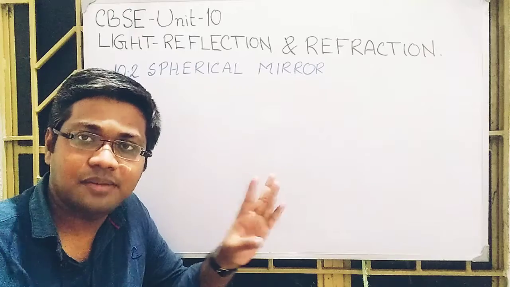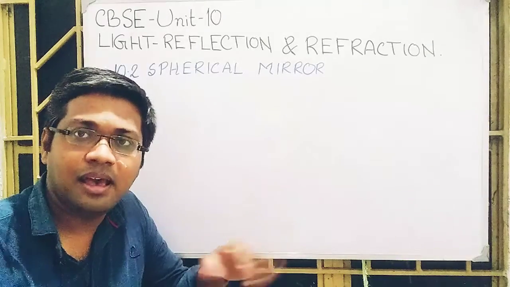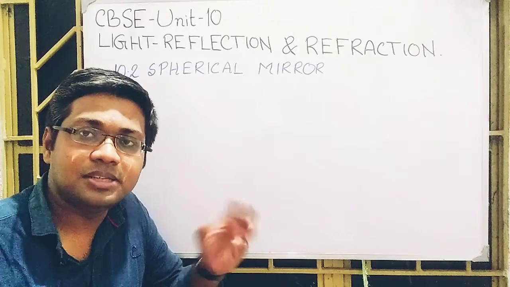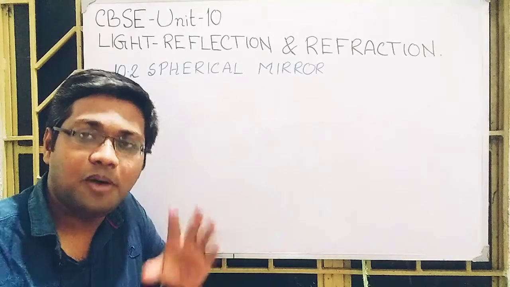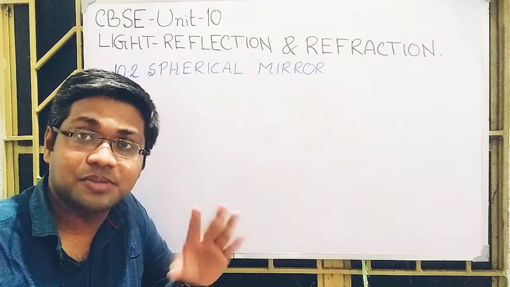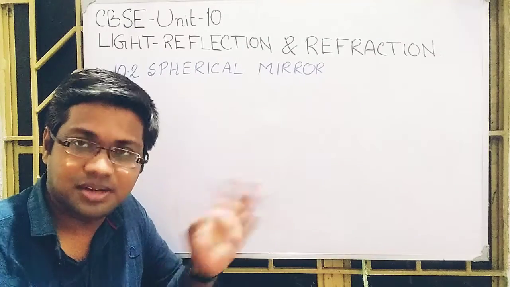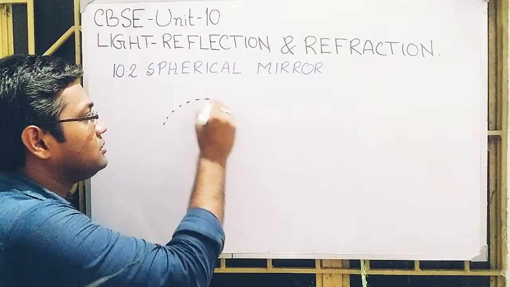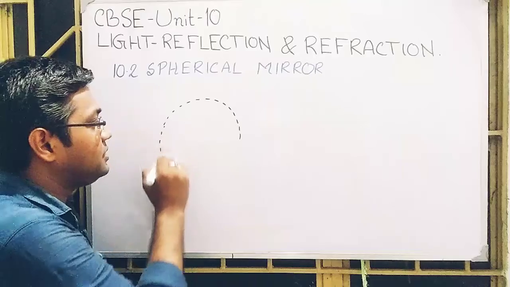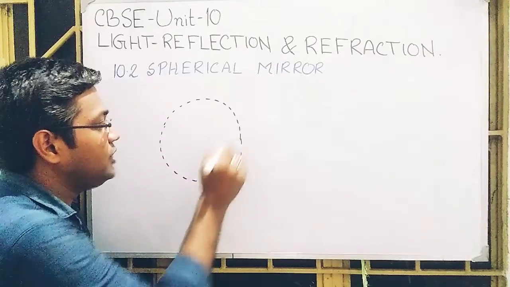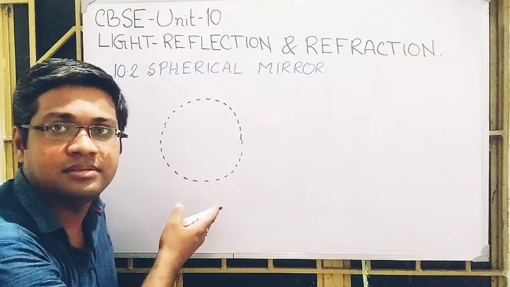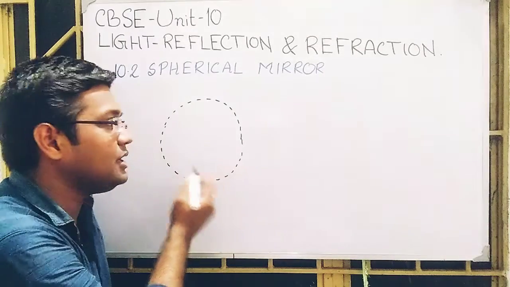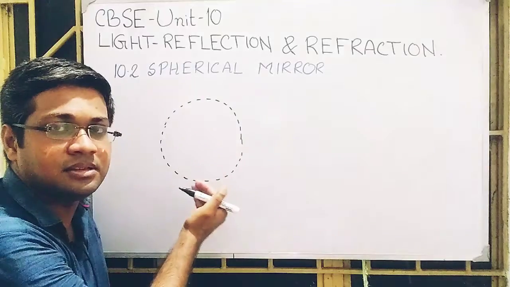What is of this type? We just draw this thing, and step by step we try to understand what the spherical mirrors are and what the points of identification of the spherical mirrors are. How is it? Let us see. It is a sphere. Obviously, we cannot draw the sphere on a plane. Sphere is a 3D figure. Here we can draw a 2D figure. Here this section represents the sphere.